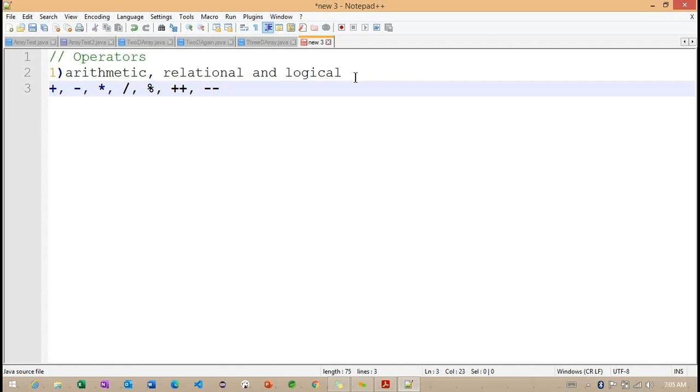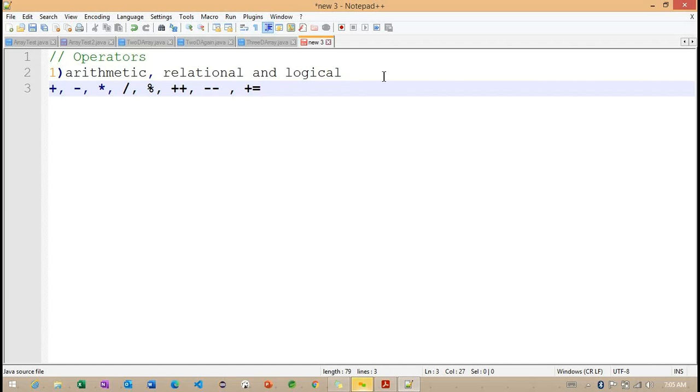After completing increment and decrement, we'll check the compound assignment operators. That is the addition symbol with the equal sign, which we call compound assignment operators.